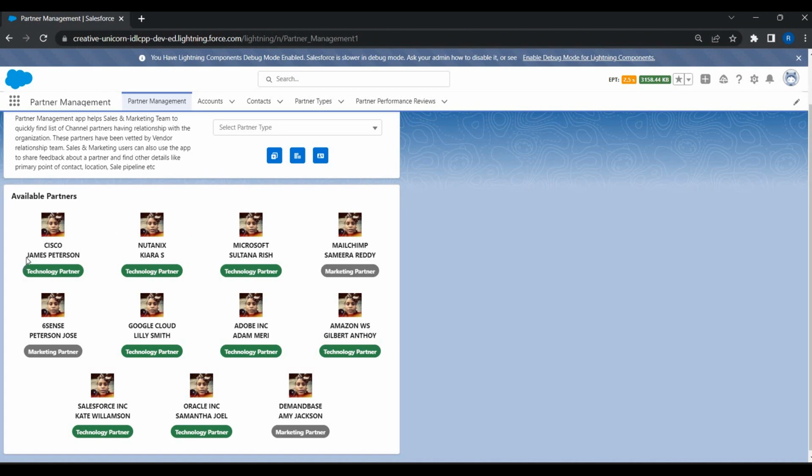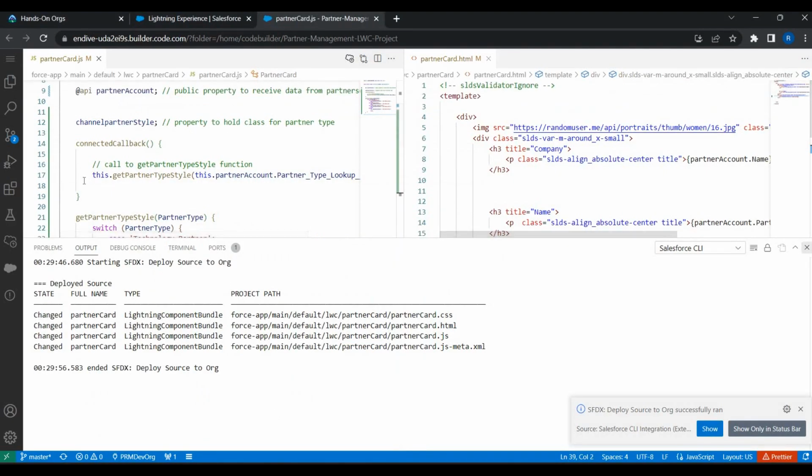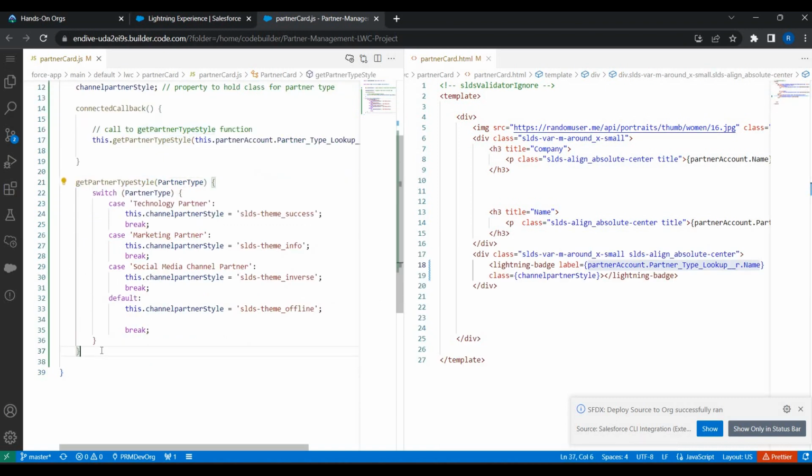So the idea is to go by the salutation or the gender of each channel partner POC, primary POC. James Peterson, the salutation for James Peterson is Mr. and for Kiara it is Miss, and for Sultana it is Miss. So based on the salutation, I'm going to pick the image randomly from the random user API. Okay, so that's the brief idea. Let's see how we can do it very quickly. So just like this,